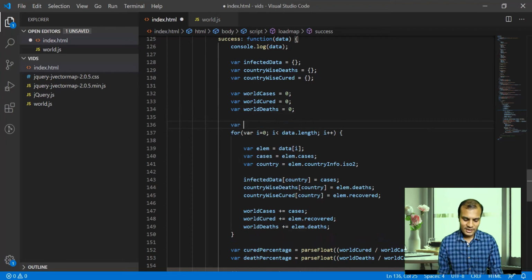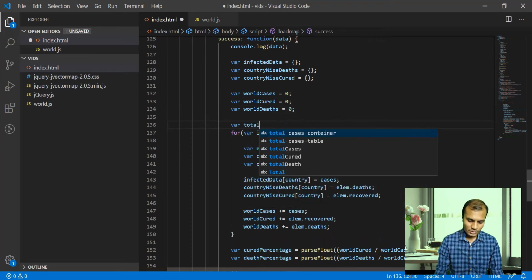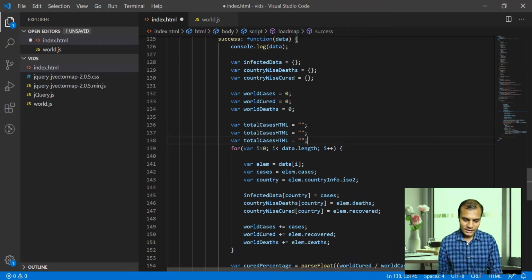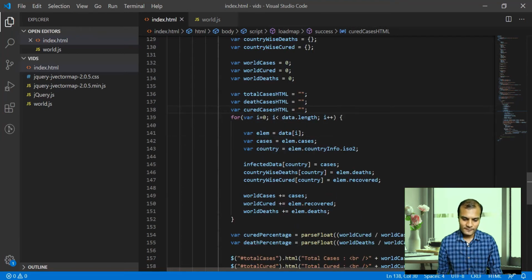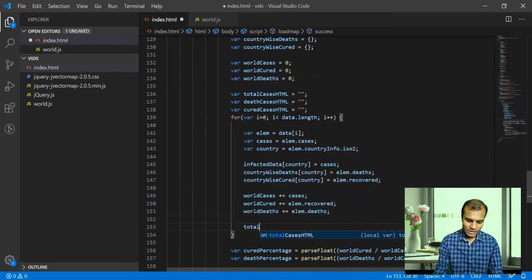So first variable name, let's say total cases HTML, and it should be blank. Okay, and the second variable should be death cases HTML, and the third variable should be keyword cases HTML. Okay, and let me first start with the total cases HTML. So total cases HTML equals to